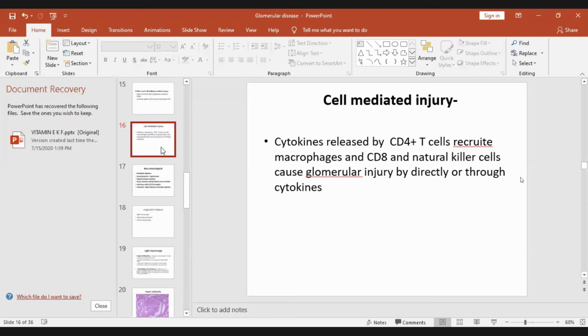Now, the main thing is antibody-mediated injury, that is immune complex, and antibody acting against an intrinsic component of the glomerular basement membrane, or an extrinsic antigen fixed to the glomerular basement membrane, with antibody reacting to that. So that is the mechanism we must know. The ultimate aim is the formation of immune complex, and then complement fixation, which will activate leukocyte accumulation, and they both will damage the glomerular apparatus.